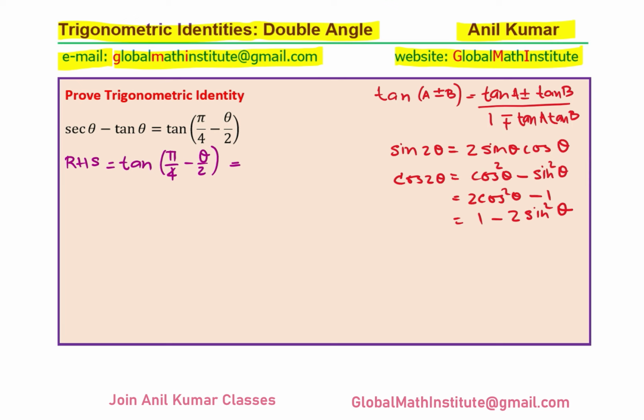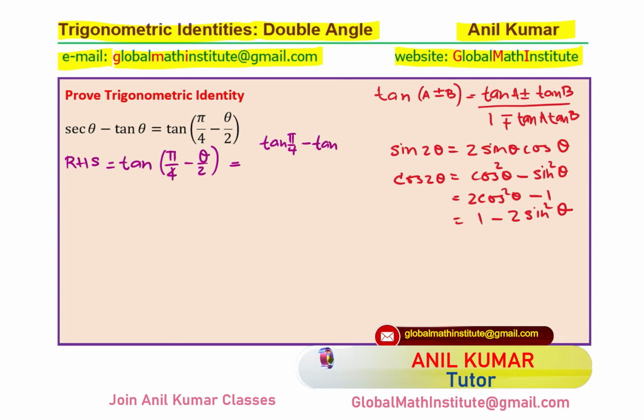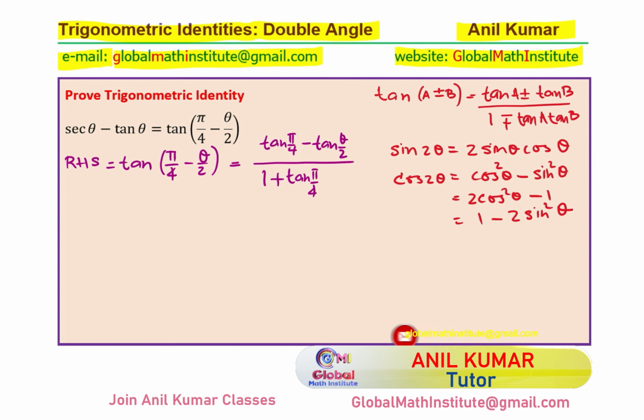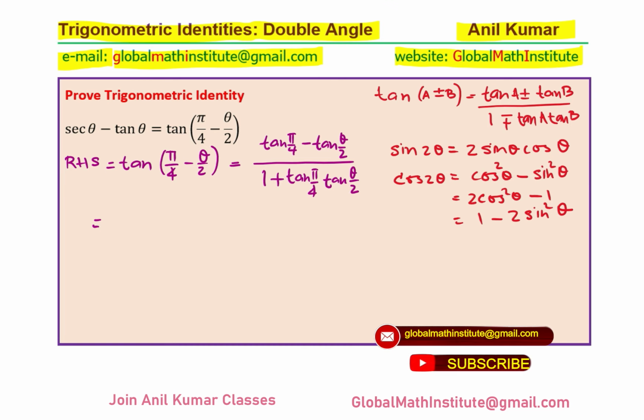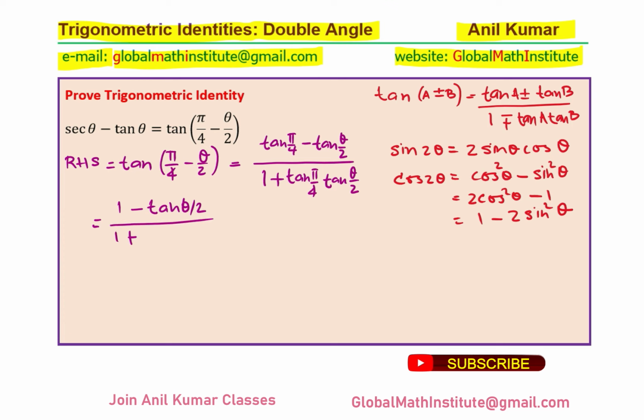tan a minus tan b, that means tan pi by 4 minus tan theta by 2 over 1 plus tan a tan b, in this case tan pi by 4 tan theta by 2. Makes sense? So now we know tan pi by 4 is 1, so I'll write this as 1 minus tan theta by 2 over 1 plus